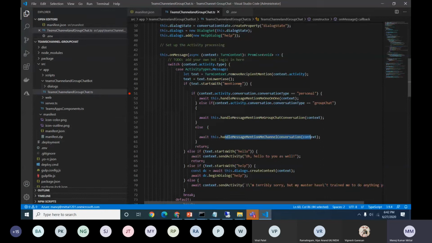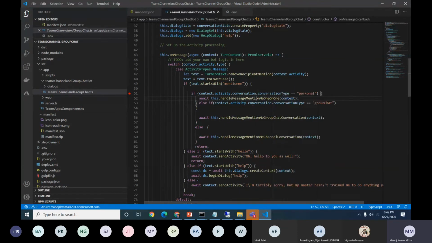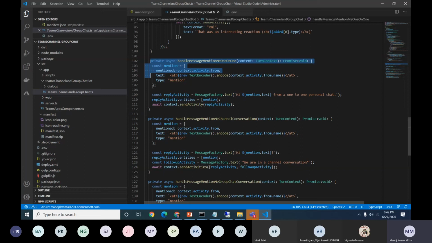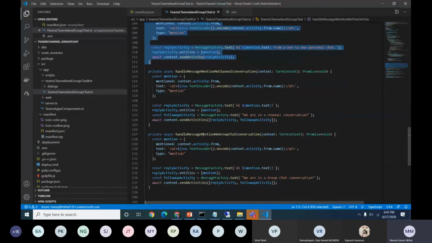As I just used the word message where I'm typing, there's no need to necessarily use this type of hard-coded words. We can directly use the conversation type and send proactive messages for that. So for example, if I'm doing the message handling here, go to this definition. These are the three functions which I wrote. So here is a one-to-one. If I'm with one person, what do I need to do? If I'm in a channel conversation and need to do something different, you can do it here. If I'm in a group chat, I can do something different.